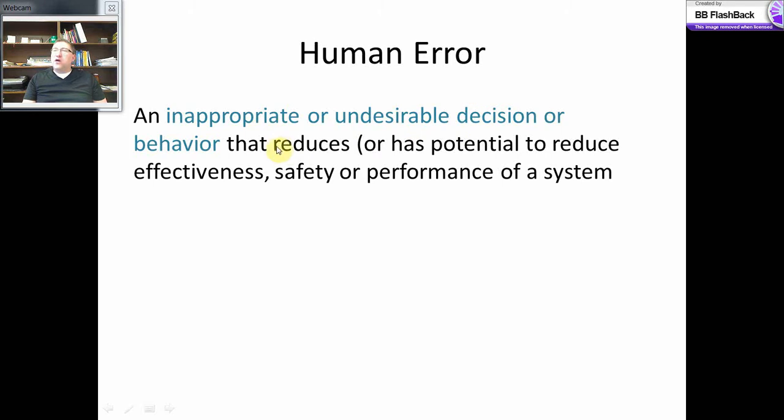And how do we know that all these things are true, inappropriate, undesirable? Is that it reduces effectiveness, safety, or system performance. Okay? So it can reduce any of those things. So human error doesn't always have to lead to an injury or an accident. It can lead to some lack of performance in some way. So system performance is reduced because we made a bad decision. I'm an airline pilot, and I did this, and that meant that the flight was 30 minutes delayed. Okay, nobody got hurt, but that's bad performance, or it means that